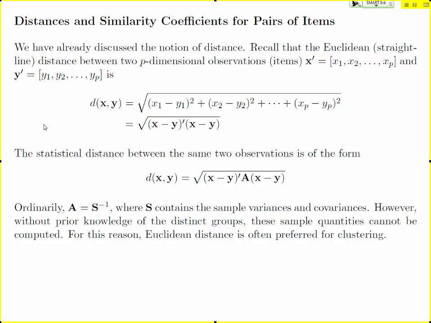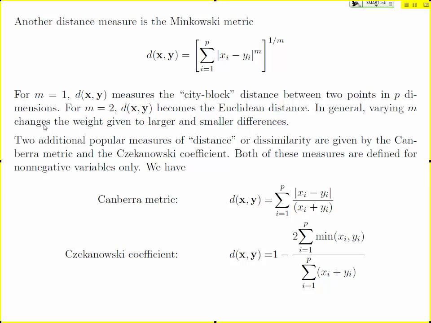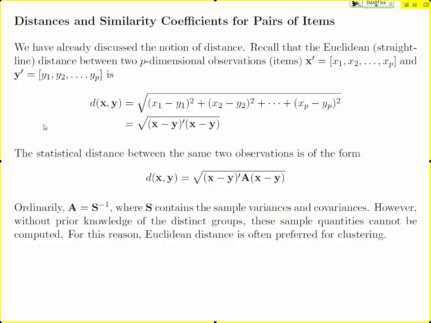There are lots of different choices for calling one vector of numbers similar to another vector of numbers. Those would probably be the first two that come to mind. Here's a couple of others: something called the Minkowski metric, Canberra metric. And these all have slightly different interpretations of how they're defining distance. Most of the time, it will be Euclidean or statistical distance that you work with in practice,